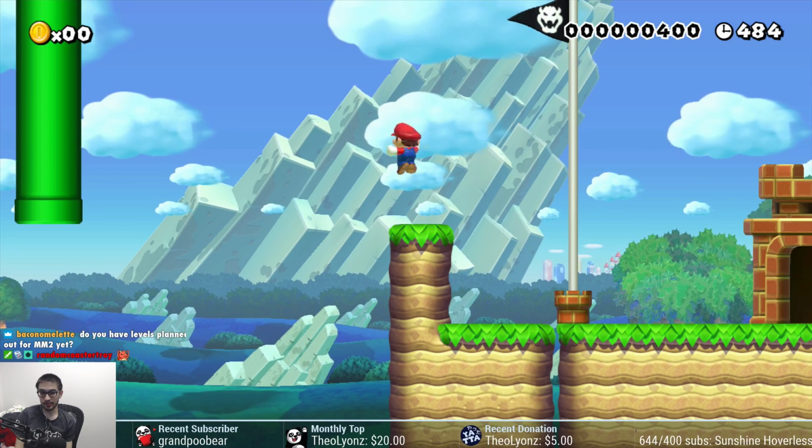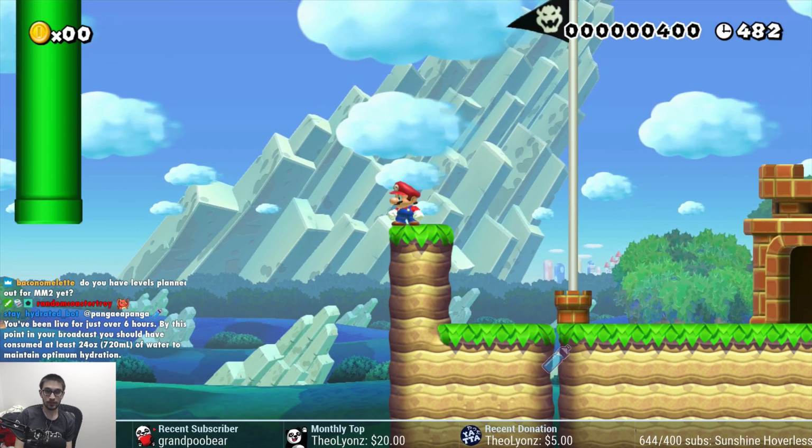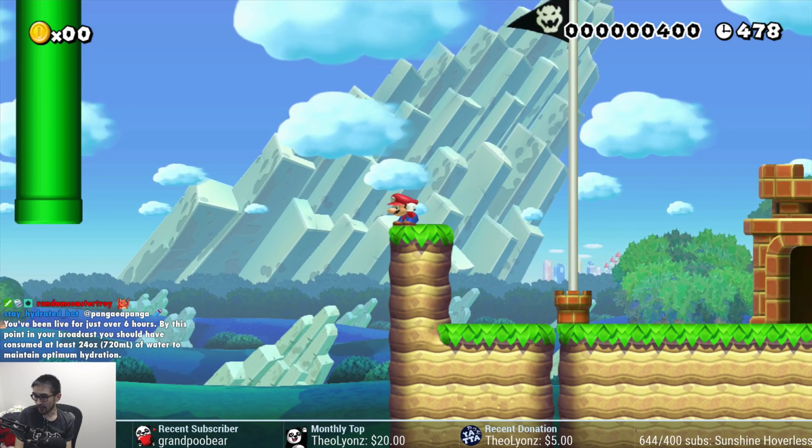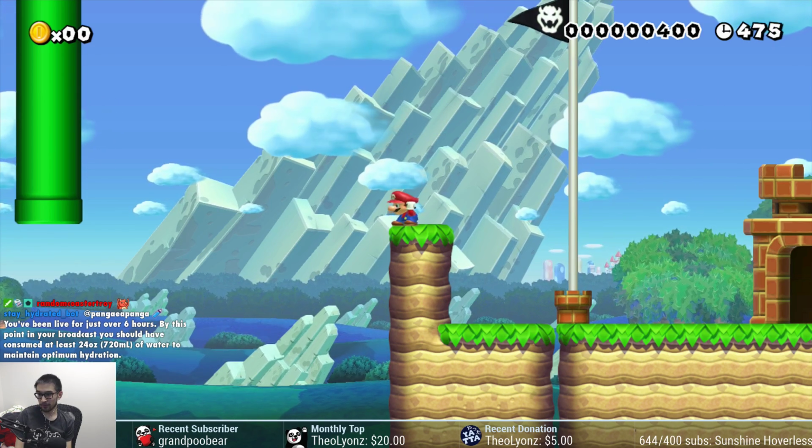Mid-airs did not exist in any form. Mid-air springboard jumps, mid-air P-switch jumps, mid-air shell jumps, they did not exist yet. Or the tech that people...